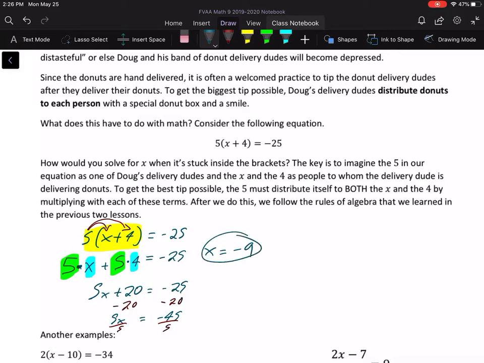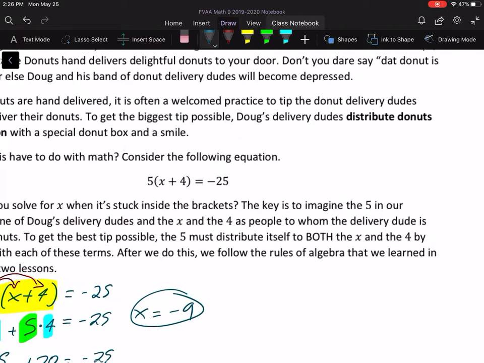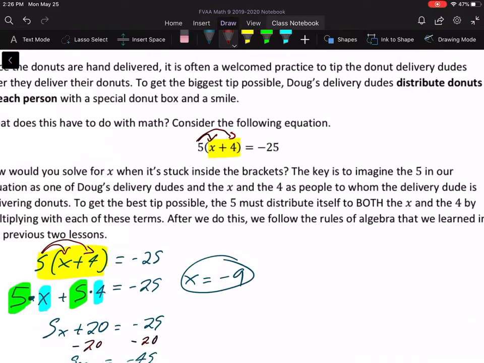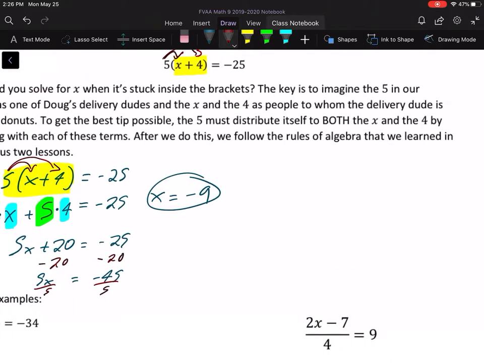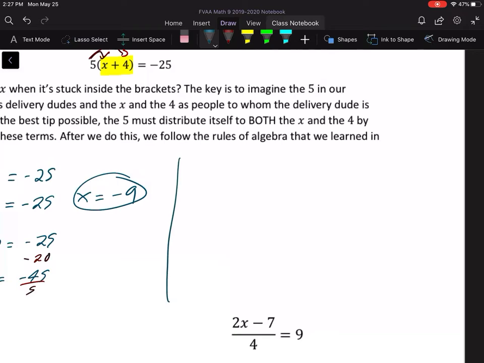So that's the distributive property. You're taking the number that you're multiplying to the binomial, and you're multiplying it to each term within the binomial. So it becomes 5 times x and 5 times 4, which gives us 5x + 20, as we saw in the work here. Another way of doing this, for this problem 5(x + 4) = -25,